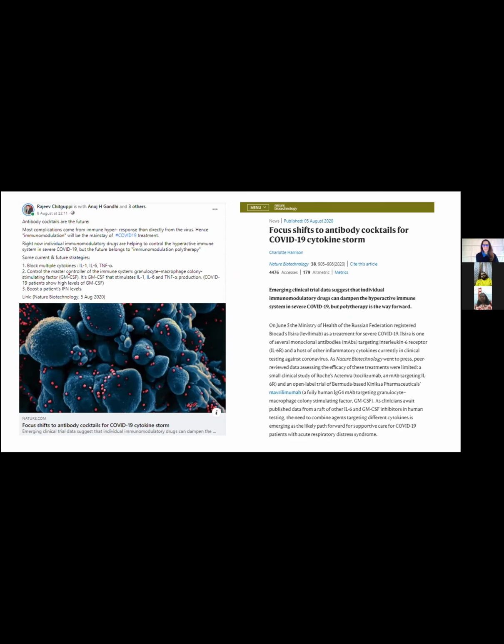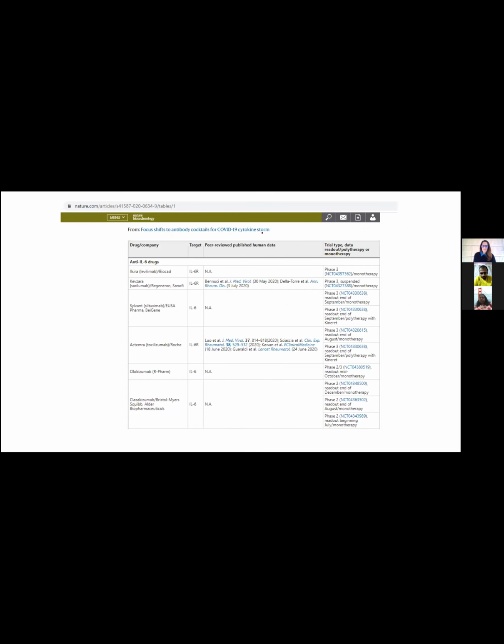Okay, if you cannot do these, or even if you do these, you can add one more, improving patients' interferon gamma levels. Interferons are already being tried, especially interferon beta as an inhalation nebulizer, which can control the cytokine storm and also boost the immunity. So this is how the future strategy is going to be. We are going to have antibody cocktails where the aim is to control the COVID-19 cytokine storm. So this is the proposed cytokine storm inhibition system.